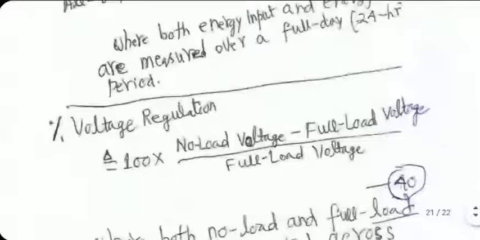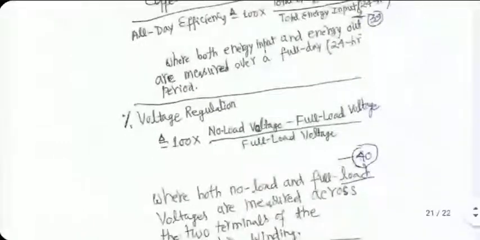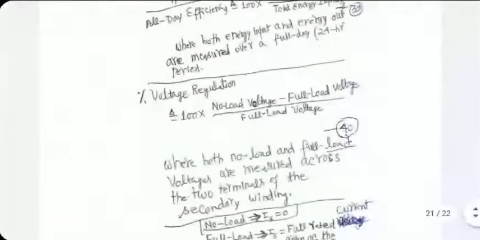And if one is good, the other is also going to be quite good. Other thing that we define for practical purposes is the change in output voltage, that is change in secondary voltage at no load versus full load. When no current is being drawn from the transformer, you take the magnitude of output voltage, it is called no load voltage. Then you draw maximum current or full load current, measure the magnitude of the output voltage again, take the difference of the two, divide that difference by full load voltage, and multiply the result by 100.